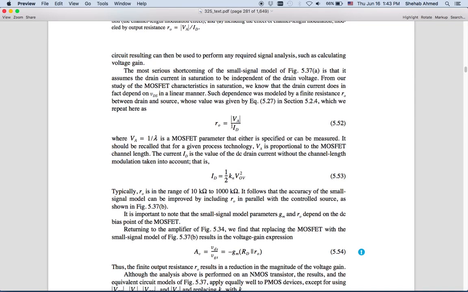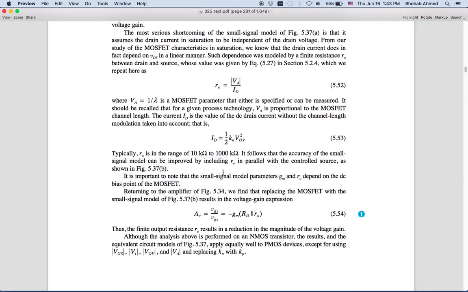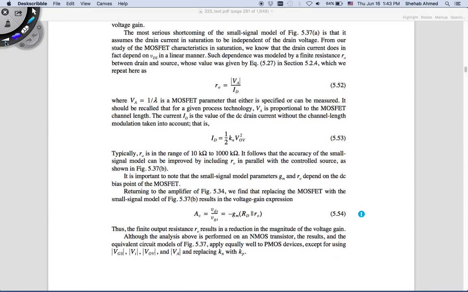And this is how we would calculate our output. A typical value for our output resistance is between 10 to 1000 kilo ohms. So as you see, it's considerably large. And again, this is what I was talking about in the idea of RD coming in parallel with our output. Because we were assuming that the device is linear, now I have to bring down my RD in parallel with our output. RD has to be brought in parallel since this is